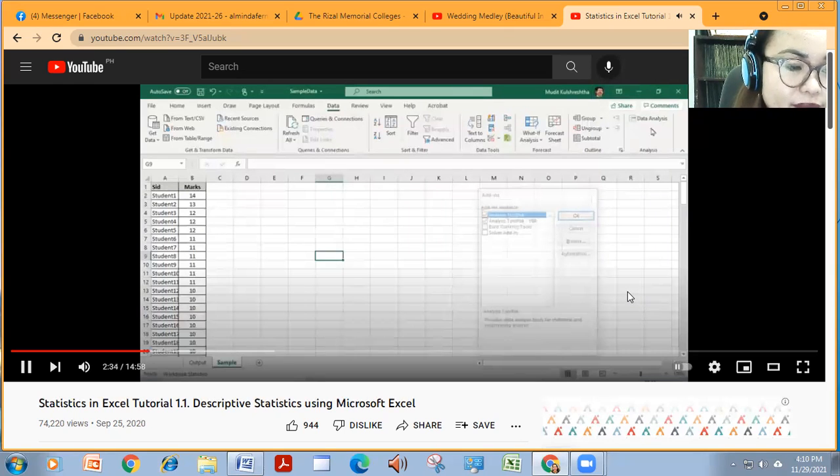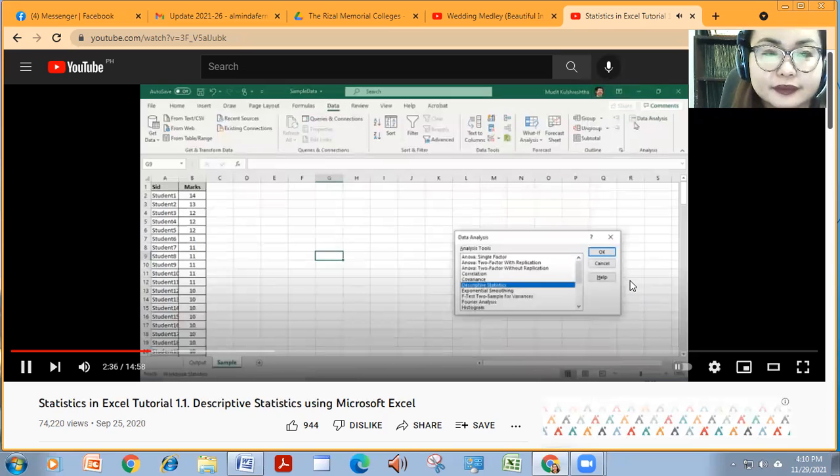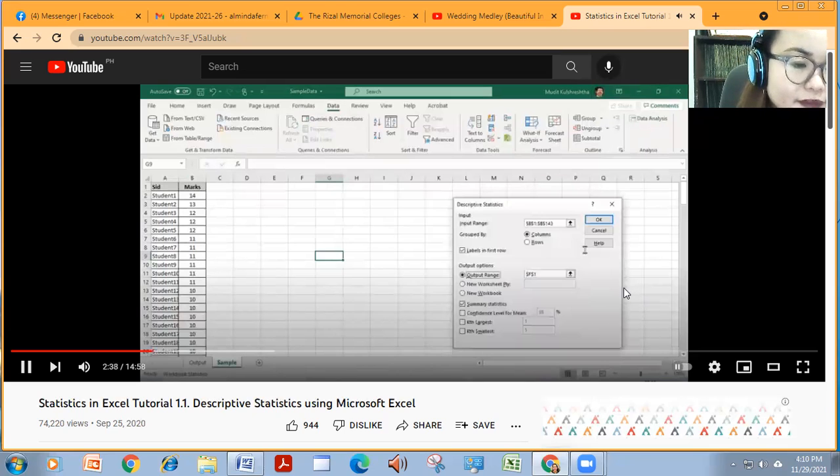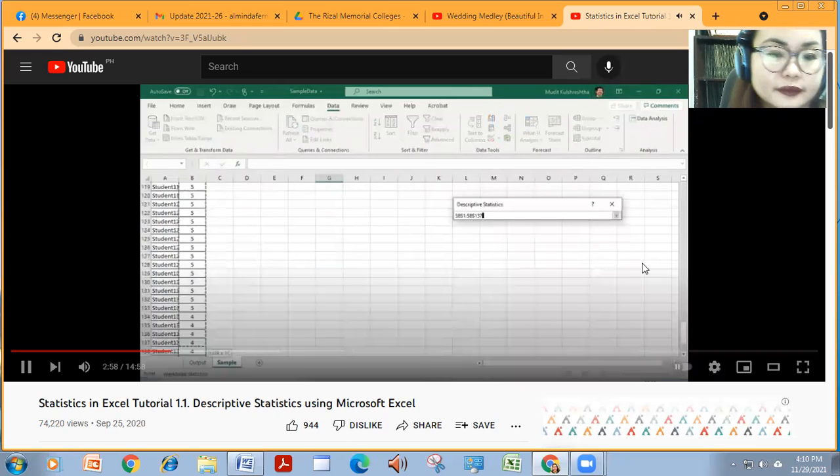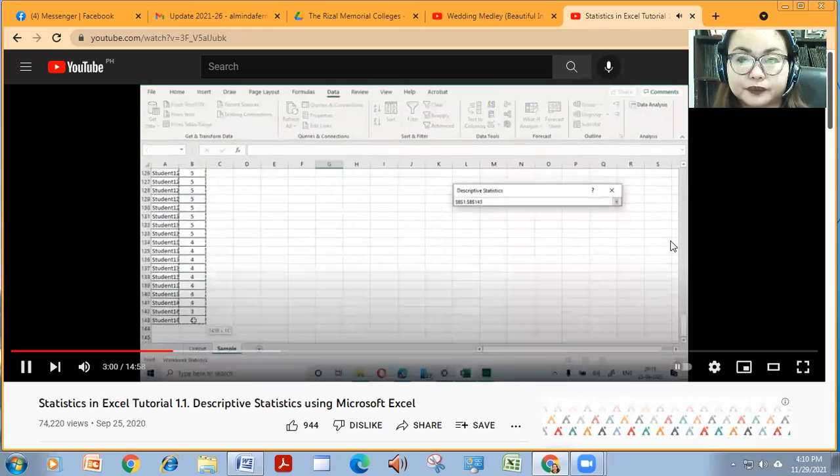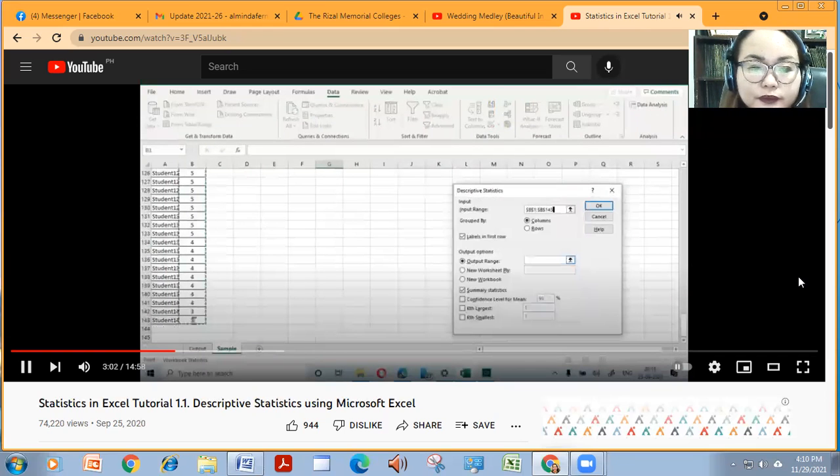Now once you get the menu, just click on Descriptive Statistics. Now you have to specify the input range of the data. These numbers were appearing because I did an exercise before this. So now what you need to do is specify the input range. You will see that there is a provision for specifying labels. In this particular case, you can choose the header, and there are 142 students with the top row being a header. So I've checked Labels in First Row.